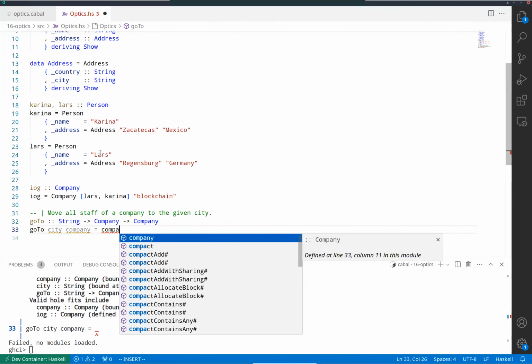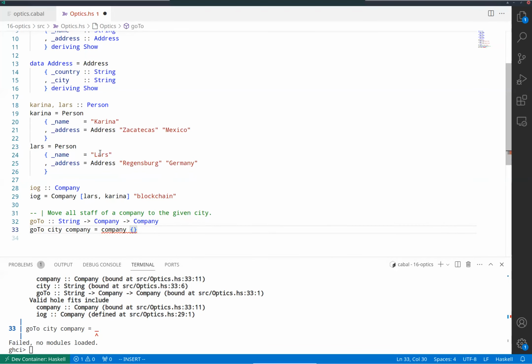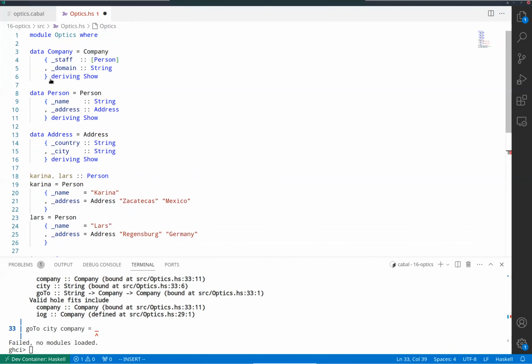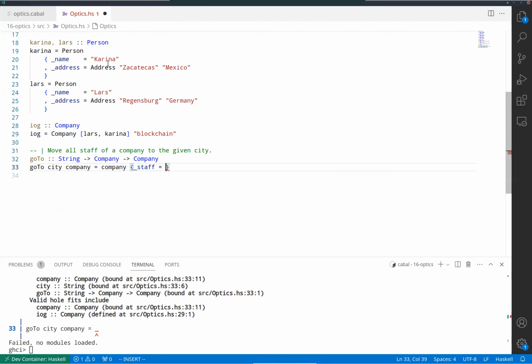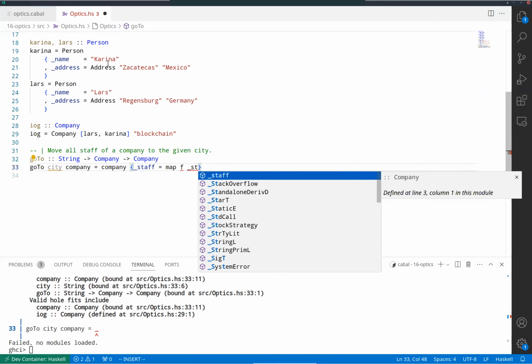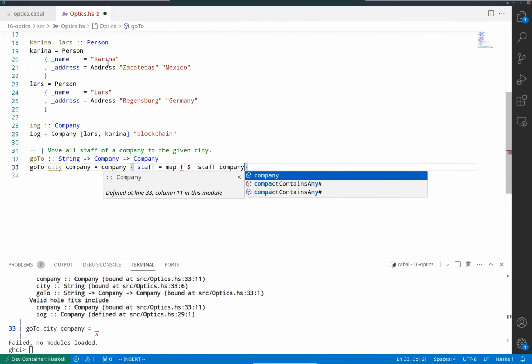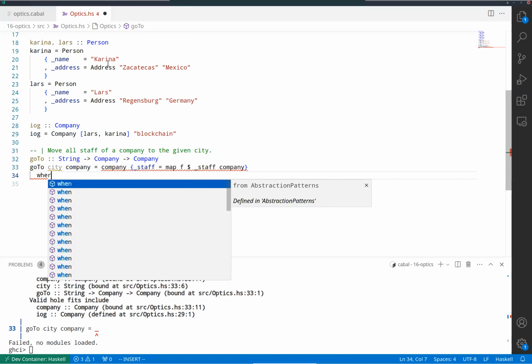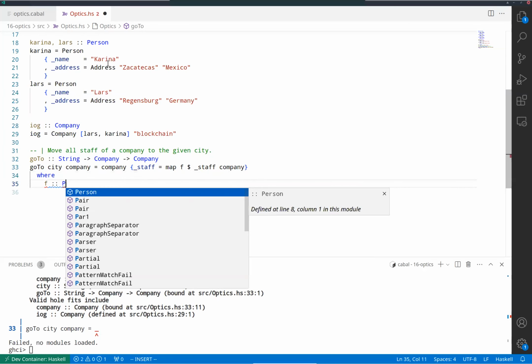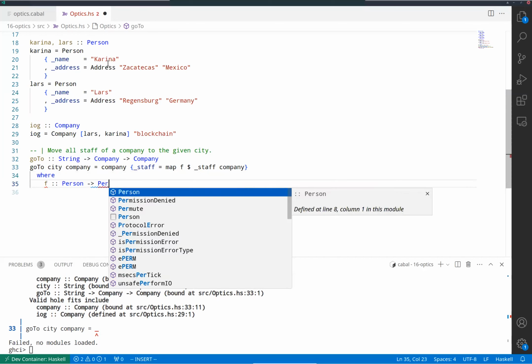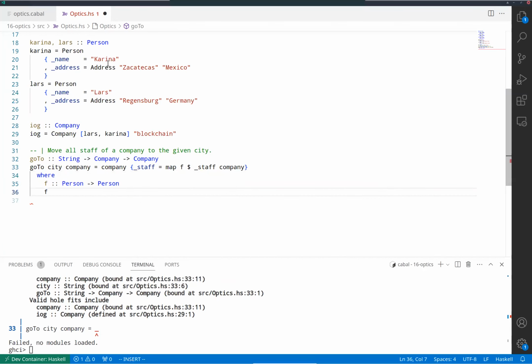So I keep the existing company and I just update the staff field. But with what do I update it? Well, staff is a list, so I can map an update function over each person of the original staff. So map f staff. Of course, I need to define this f. So this goes now from person to person. So f of a person